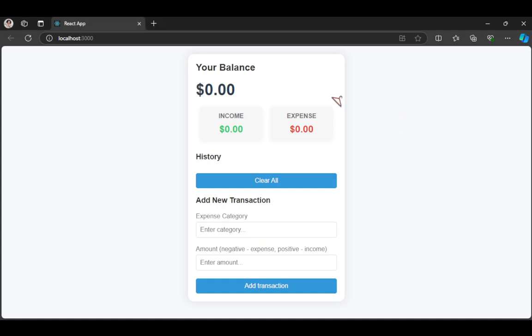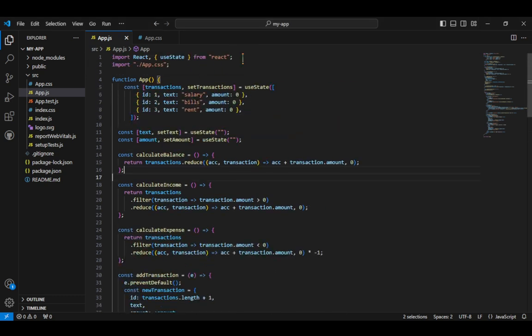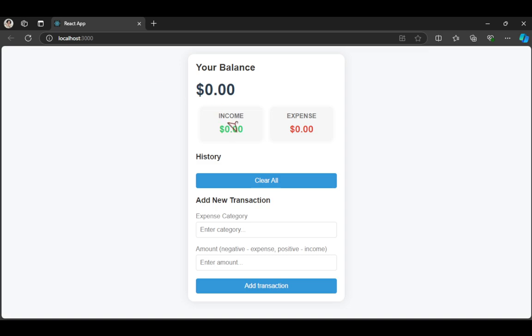So this is my UI of the app, I mean the activity of this day. So this is the code. Here, like the import React useState and then the React import App CSS. I import the App CSS because of the design. It can add your design.